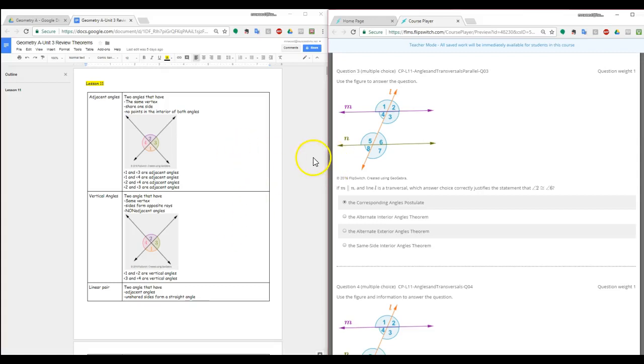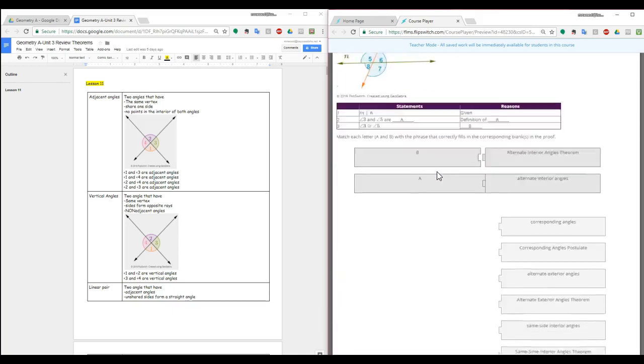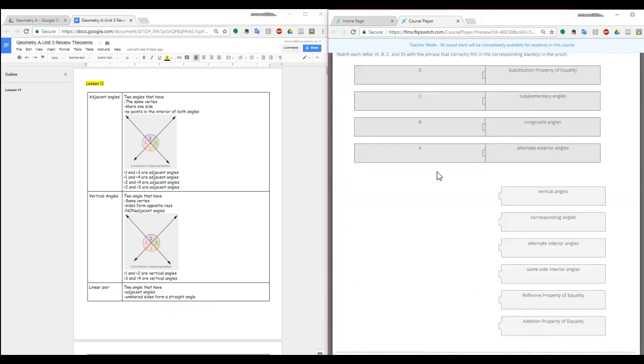Alright, we're going to start with lesson 11, the checkpoint, and we're going to start at the very bottom. So, question